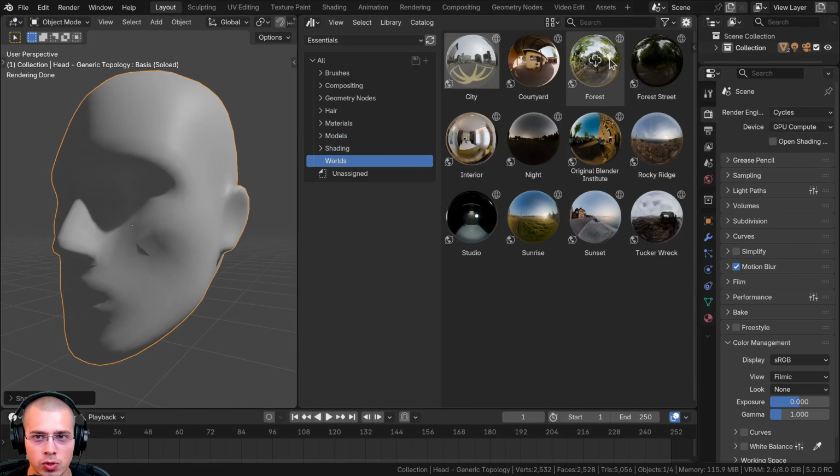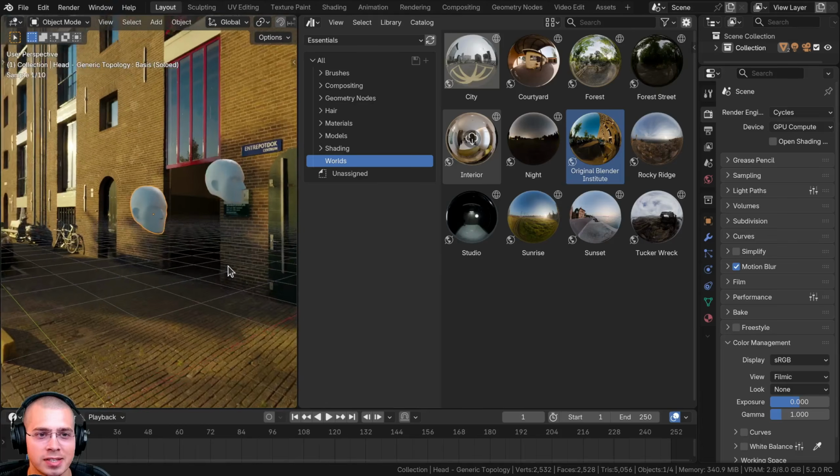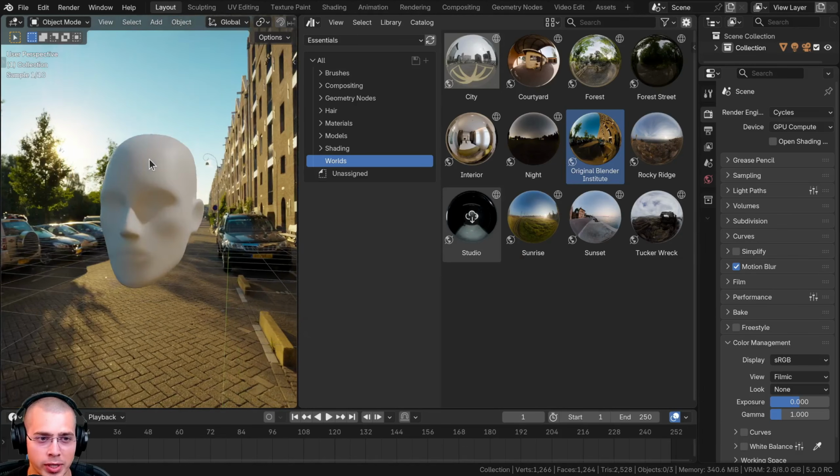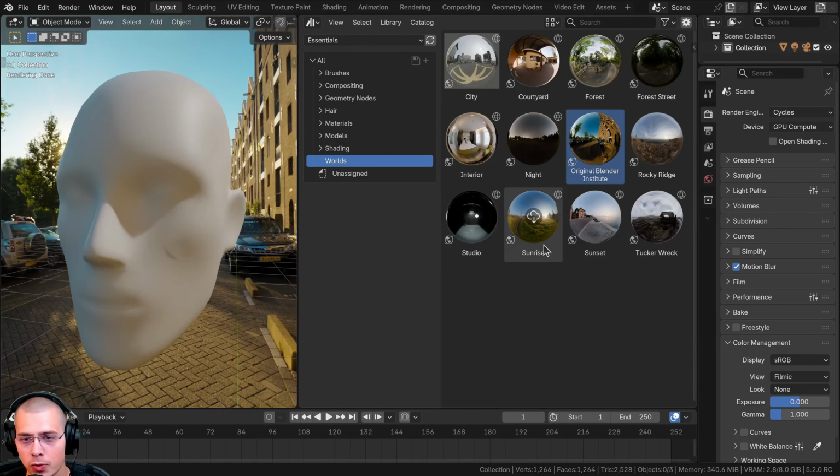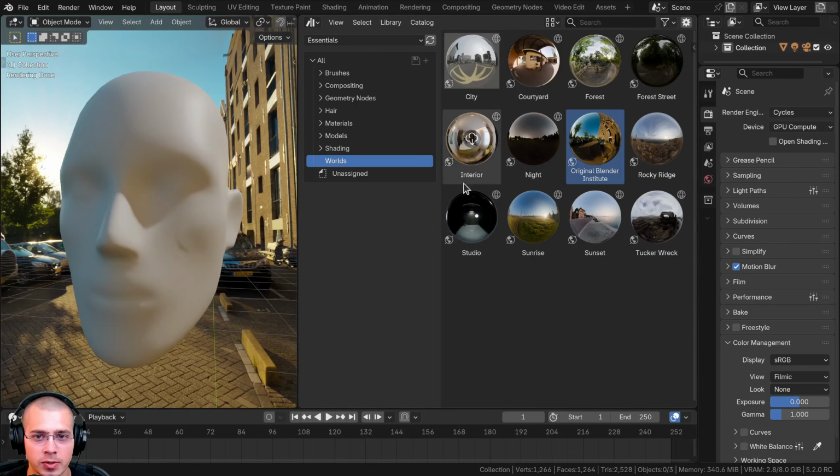Then I can also go here to world, and you can see there's some HDRIs. So let me just download this one here, the original Blender Institute. Let's drag and drop it in here. And take a look at this. So this is also a really quick way to add some quick lighting to your scene. If you don't want to look through a ton of HDRIs and download a bunch of HDRIs,